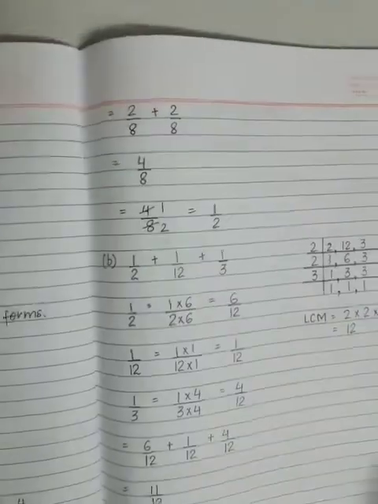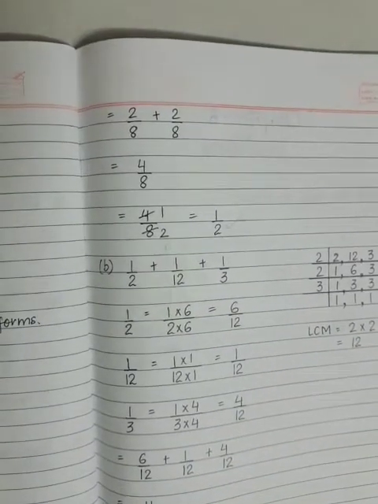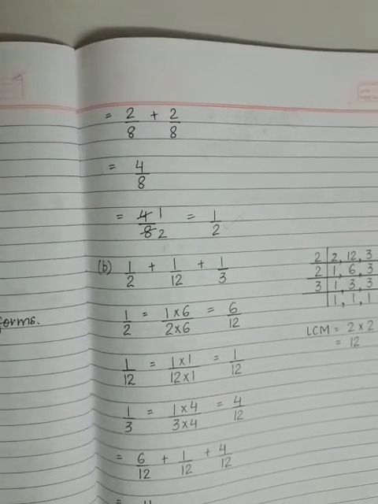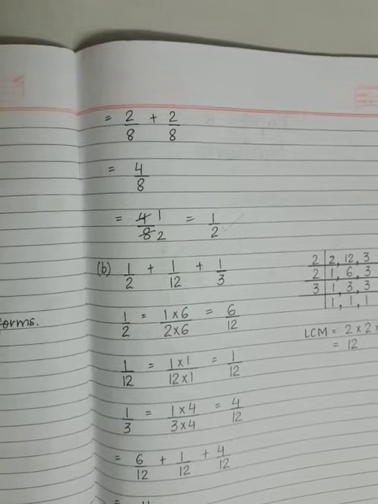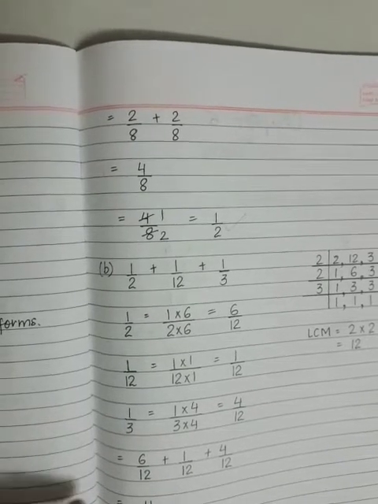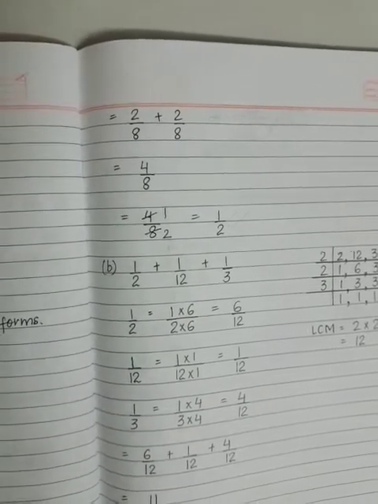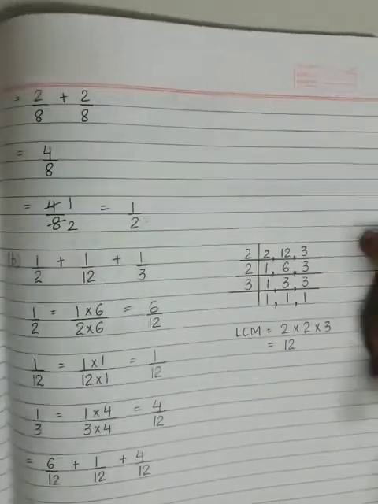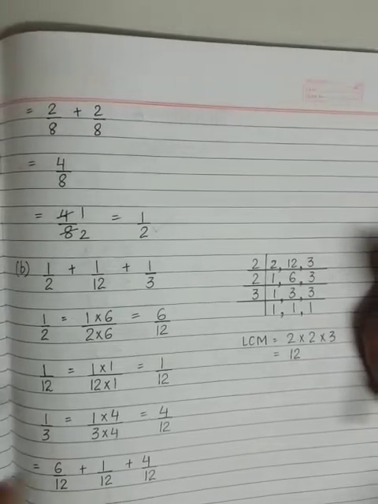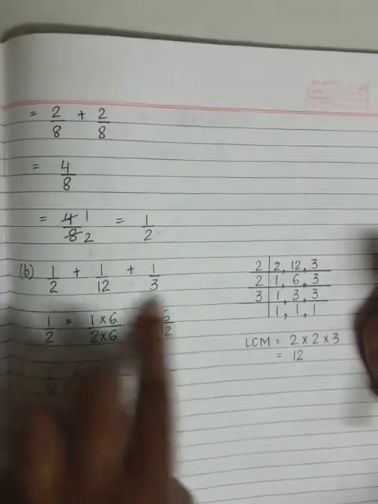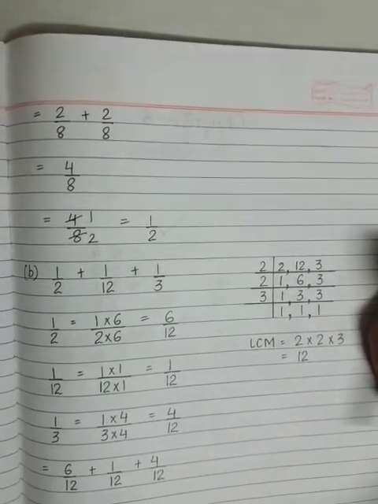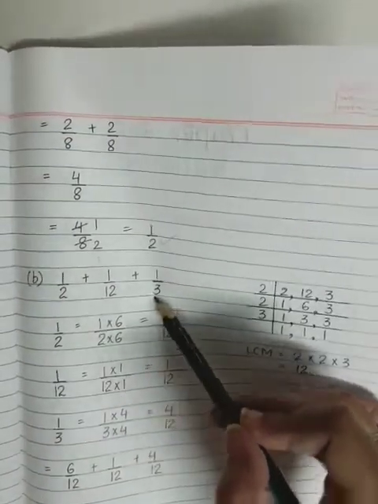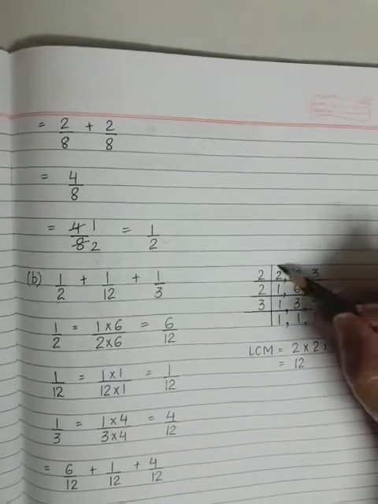Now, if we have to add 3 fractions, in the last question we added 2 fractions, and in this question we will be adding 3 fractions. Okay. The steps are the same. You just pay a little attention. First, see, the denominators here are also not same. So, in order to make the denominators same, we need to take LCM. We write 2, 12 and 3, which are the denominators here.